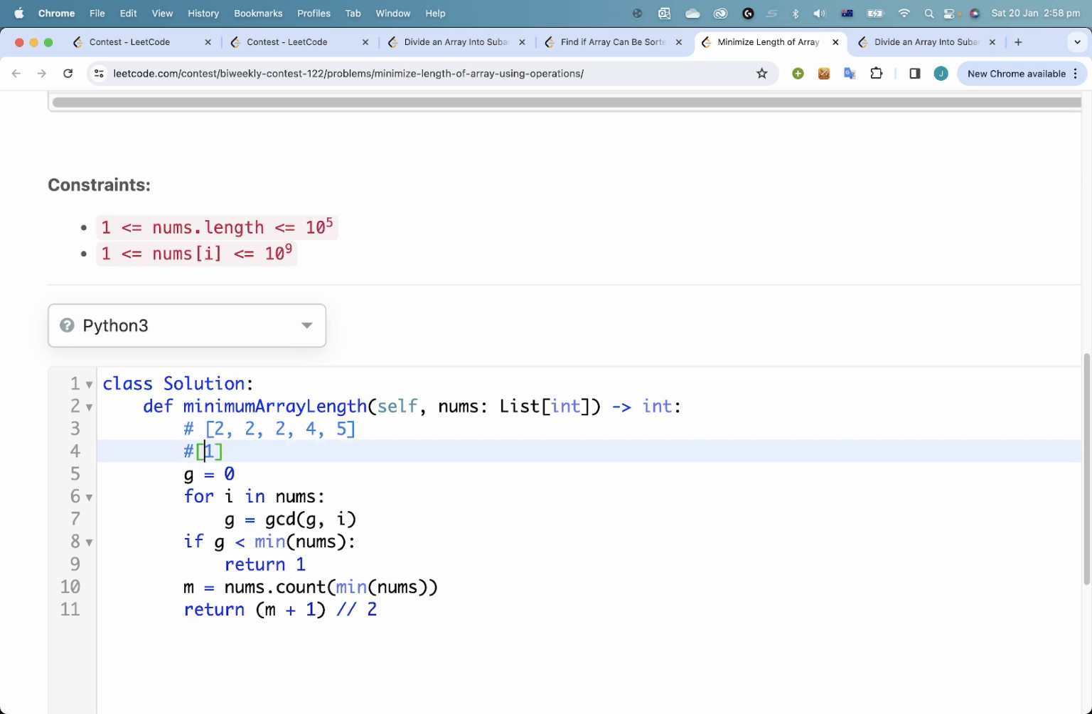Okay, so it turns out there's a very smart thing to do, and it depends on whether all of these elements are multiples of the smallest number. Or the equivalent formulation which I've gone with here is if the GCD of all numbers is less than the smallest number in nums. If this is the case, as it is here, then